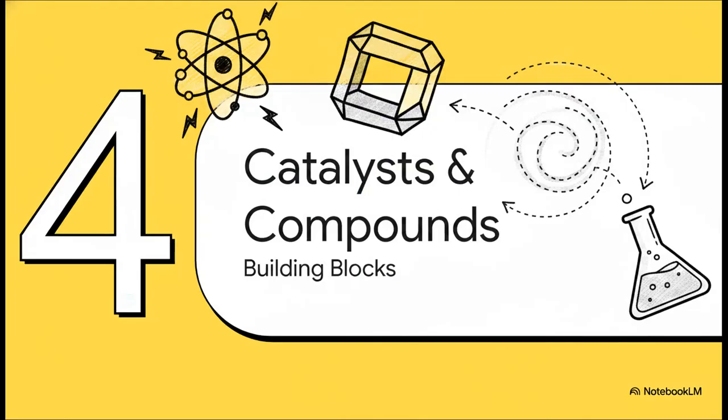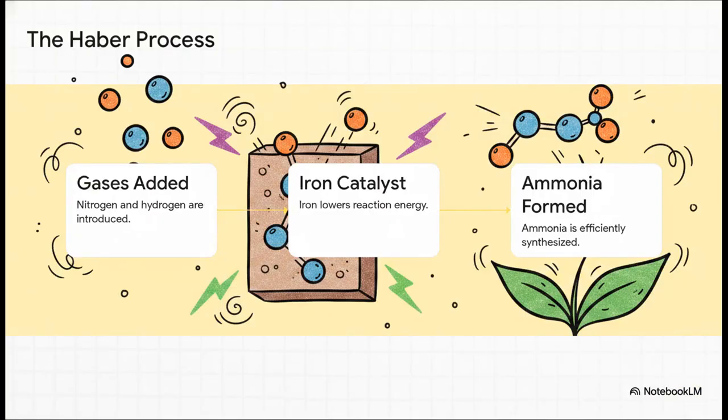All right, Section 4, Catalysts and Compounds, the building blocks of chemistry. Because they can so easily shuffle electrons around by changing those oxidation states we talked about earlier, transition metals are some of the best catalysts in the world. This step-by-step breakdown of the Haber process shows exactly how crucial they are. By introducing nitrogen and hydrogen gas over an iron catalyst, we can efficiently synthesize ammonia for fertilizers. The iron surface physically absorbs the gases, using its variable oxidation states to lend and borrow electrons, which temporarily lowers the reaction's energy barrier. This dramatically speeds up ammonia production, a process that is absolutely vital for sustaining modern global